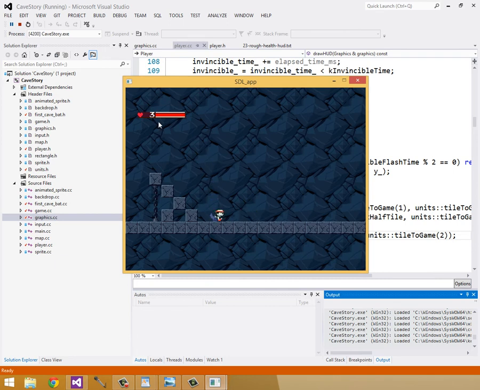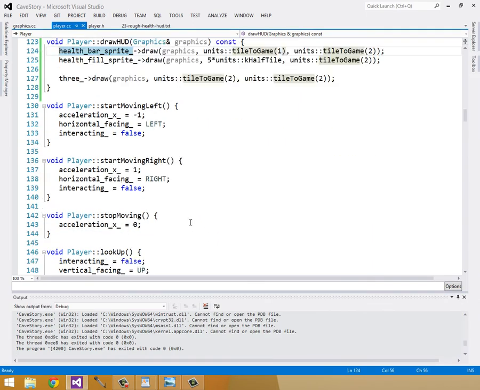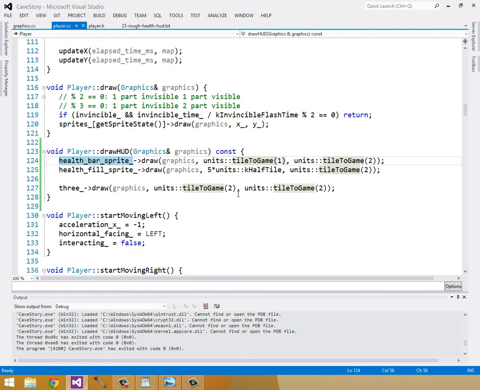So I'm gonna show you one more thing I wanna do in this episode, and that is get our health bar to flash with quote, like it does in the game. So that's one more thing I'm gonna do. And like I promised, make some constants. I'm not going to make any constants for this 3 because that's going to change for sure. And it's going to be changing pretty drastically too. So let's start by